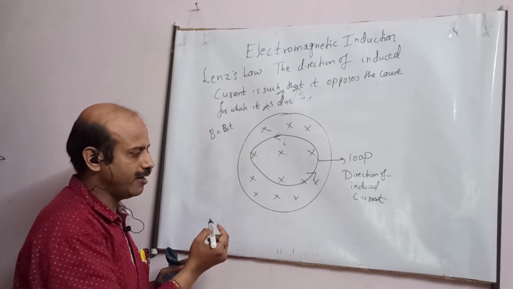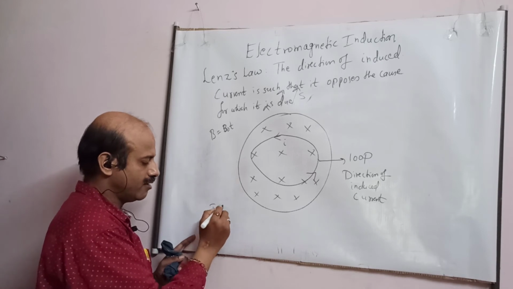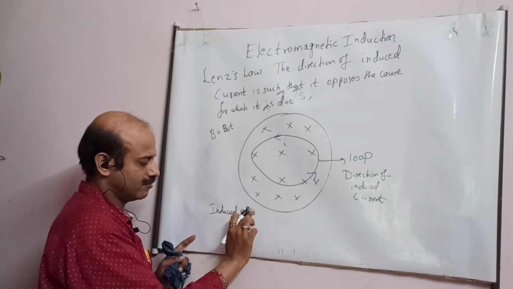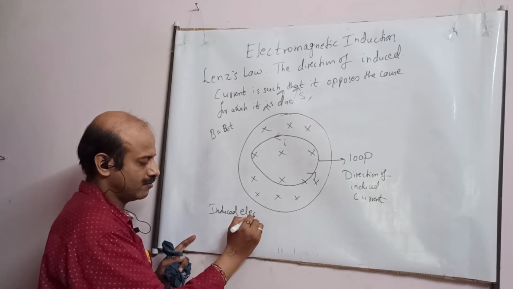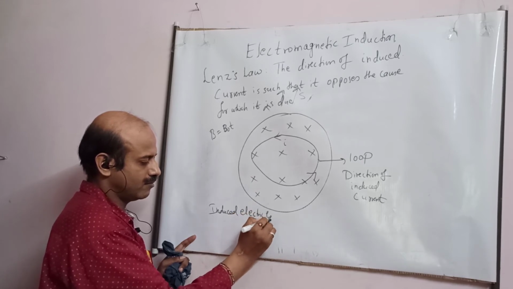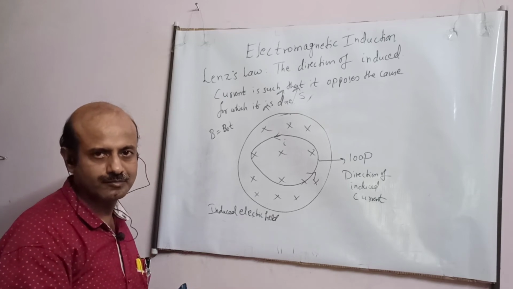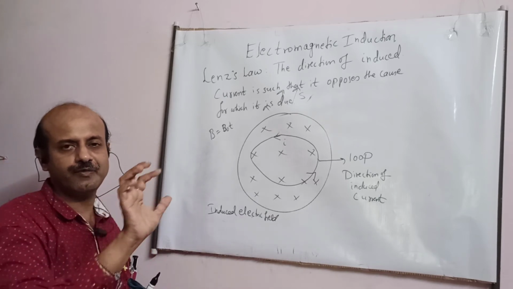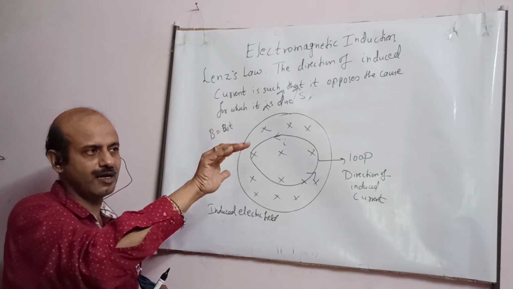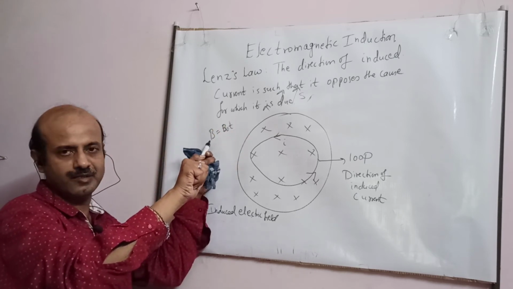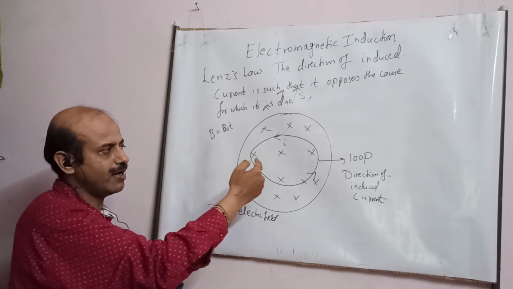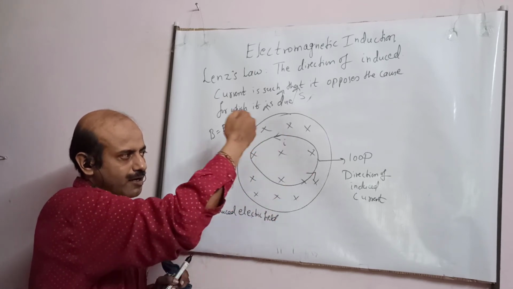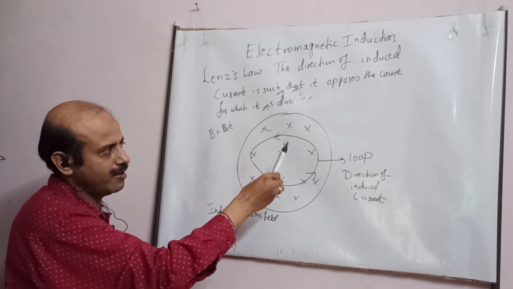And by the help of induced electric field also, student, you can find it. How? See, I have told you the rule. Place the thumb along the magnetic field. My finger is curling like this, but the field is increasing, so I have to take the opposite. So the direction of electric field is also this, and this will make the positive charge flow in the same direction. So this is the direction of induced current, student.